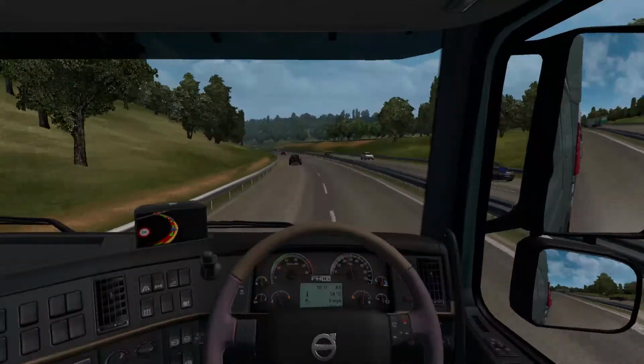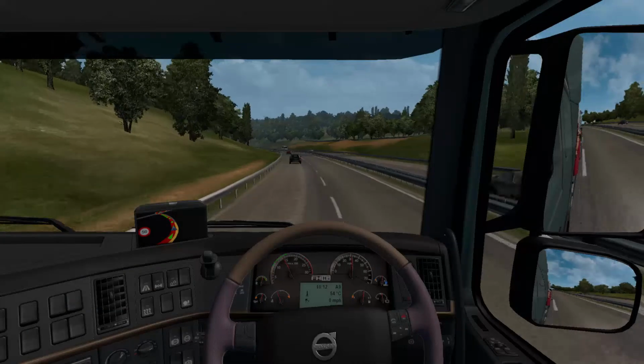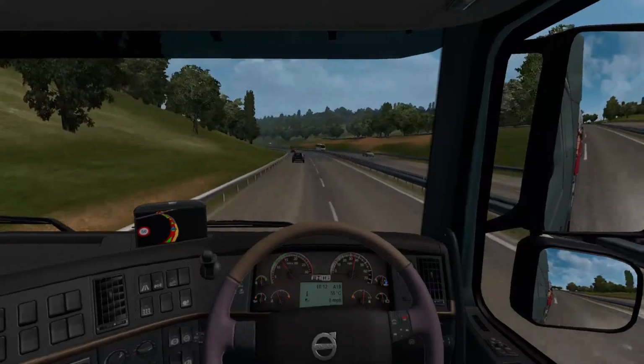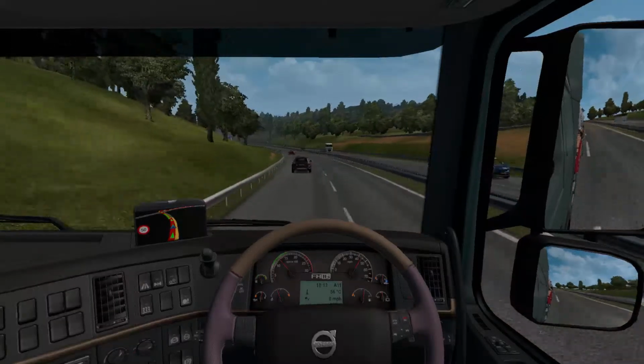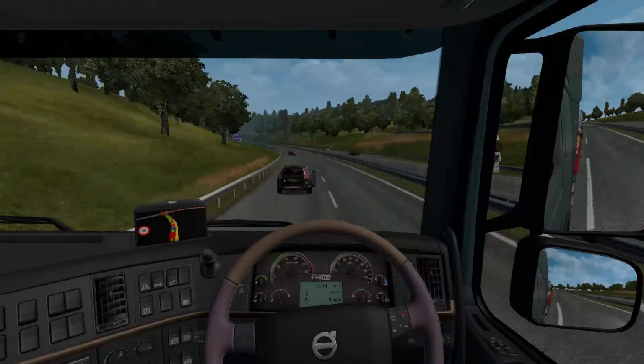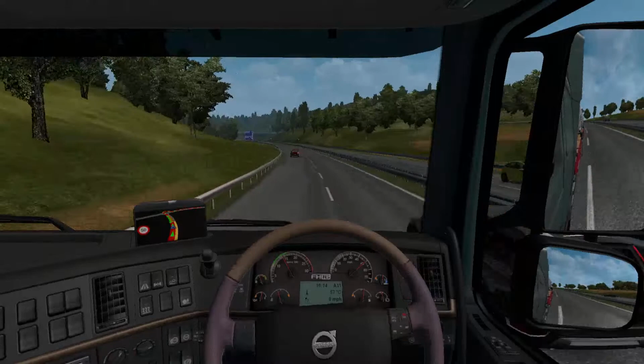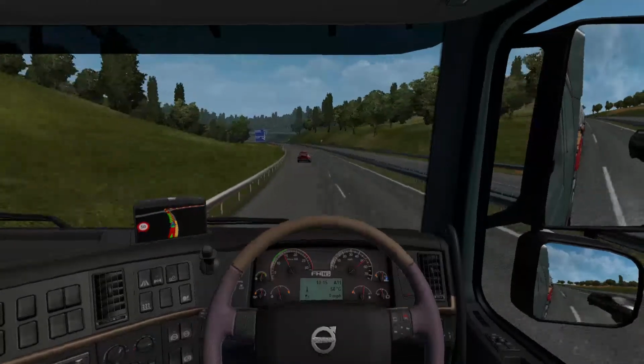Right, I'm going to let this guy go so I can be in the slow lane. I need to be in the slow lane, but there you go. So the speed on this road now has increased to 50, and we've got to get all the way to Cambridge, approximately a 15-minute drive. It doesn't actually take that long. Oh my word, the AI in this game I've got to take into account are nuts. So, yeah.